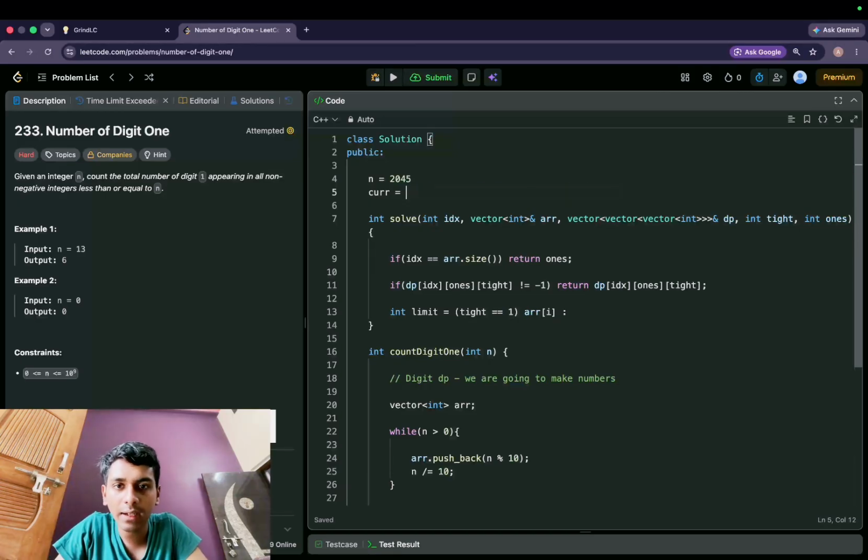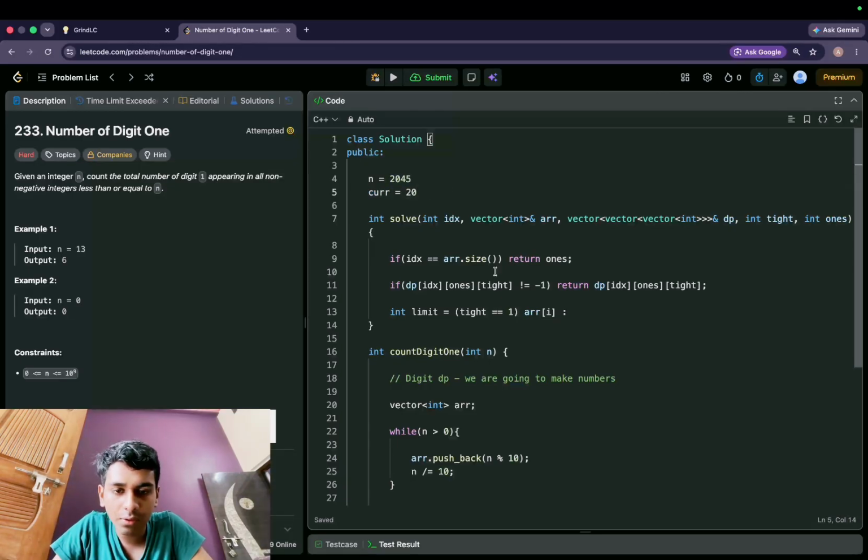But think, if my current value is 16, so in the start itself there was 2, I chose 1. So basically I chose a smaller prefix than the current number, like n. N was 2, I chose 1. Now I have the right to choose any number. I choose 9 or 8 or 7 or any number. If I choose 8, now whatsoever number I choose on the 4th position, for example 0, my number is smaller than n. So that is where limit comes into place.